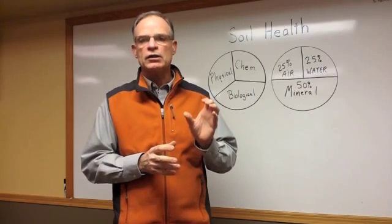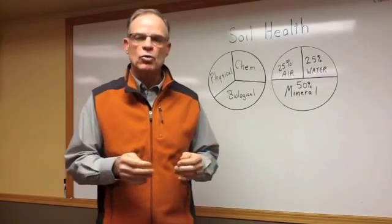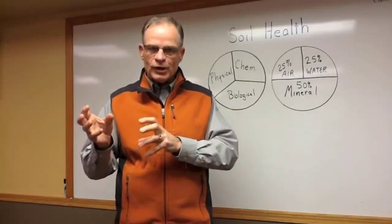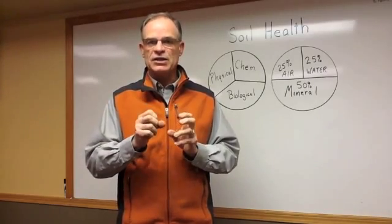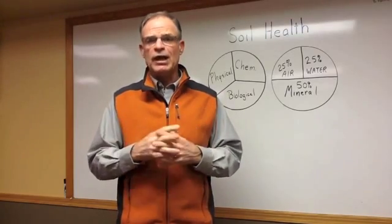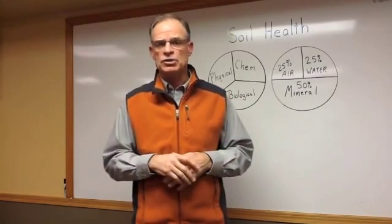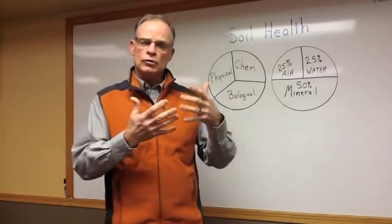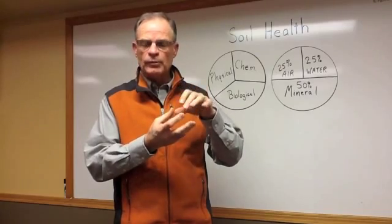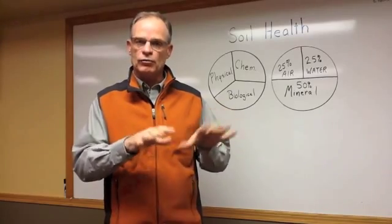This sulfate portion of gypsum is a double negative charge, repelled by the soil, and as it moves down through the soil, we want it to take the small magnesium particle with it, the double plus charged magnesium, basically forming Epsom salts. That's pretty soluble, and we want to leach that magnesium down so that those clay lattices are held apart by the calcium particles and are wider apart so that water and air can move through that